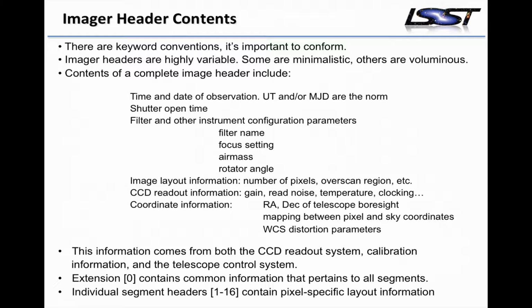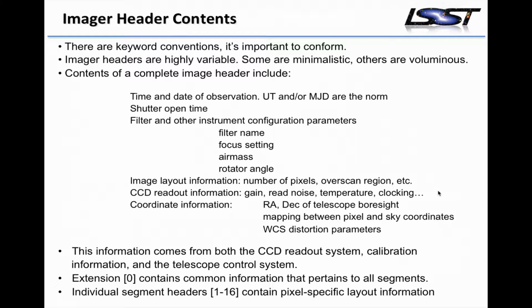The image headers that are produced in astronomy are highly variable. Some of them are absolutely minimalist, and the others are very voluminous with a great deal of information. A typical image header contains time and date of the observation, how long was the shutter open, what filter was used, other instrument configuration parameters, aspects of where the telescope was pointed, what's the air mass, what's the rotator angle, pixel geometry information, how many pixels are there, what is the overscan region, where do the pixels reside in the broader array on the CCD,